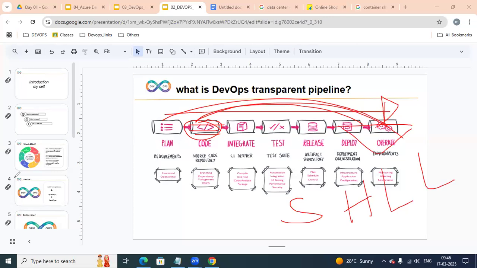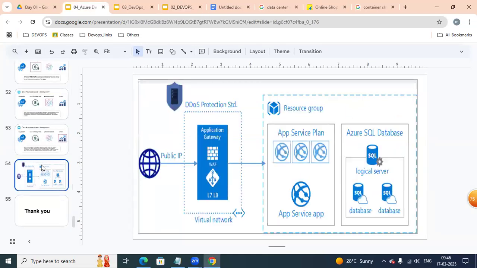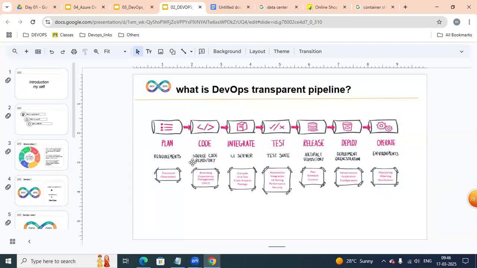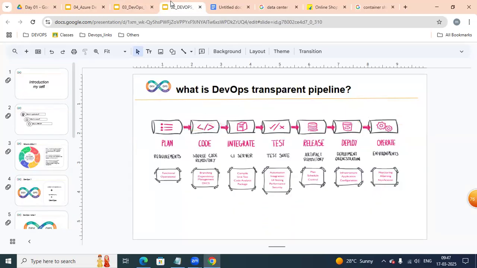While delivering working software, where exactly are we going to deploy it? On our Azure cloud infrastructure. We get the infrastructure from the Azure cloud, and on top of it we implement an automated process with the help of DevOps. That is the major difference between Azure and DevOps.